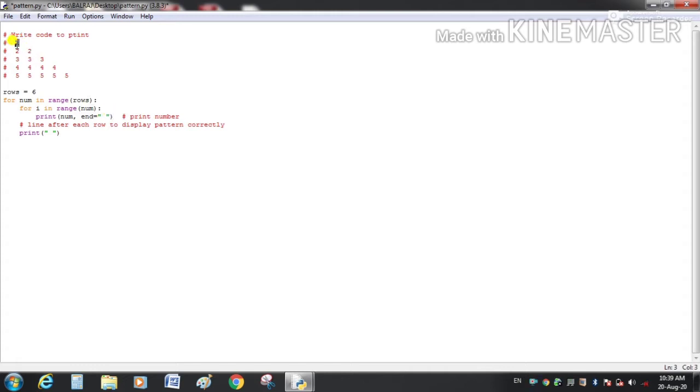For the third time num has the value 2, and this loop will execute for two values of i, 0 and 1, and we will get 2 two times as our output.